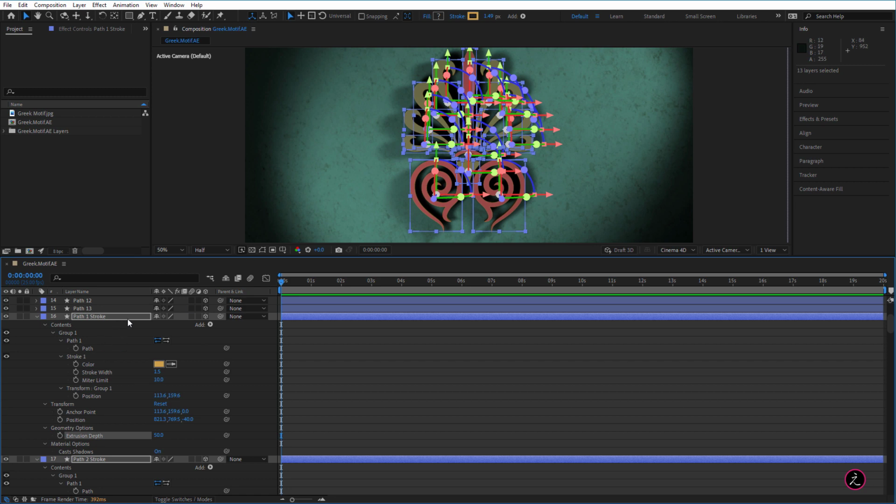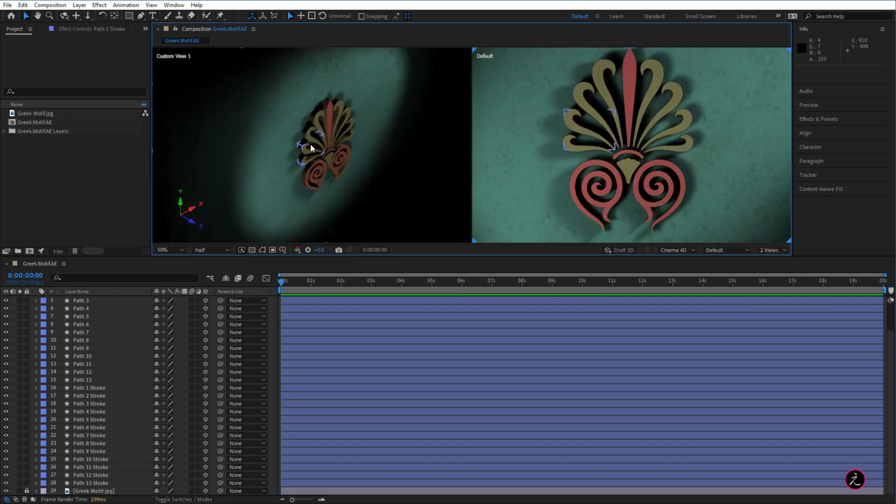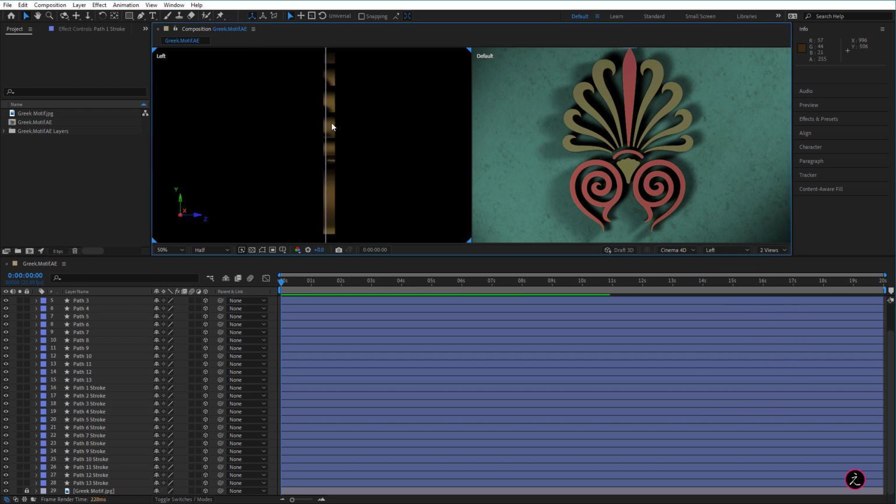I'm going to press the letter U again once, and again we're not able to see the change, and that's because the extrusion is taking place onto the Z space. It extrudes down. So let's go back to have, instead of a one view, two views. I am on this view here. I am inside the custom view one. Go ahead and switch to the left view, and here it is.